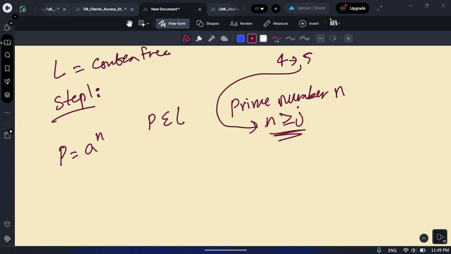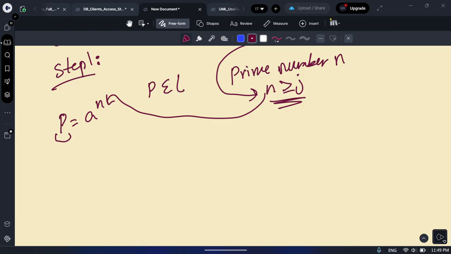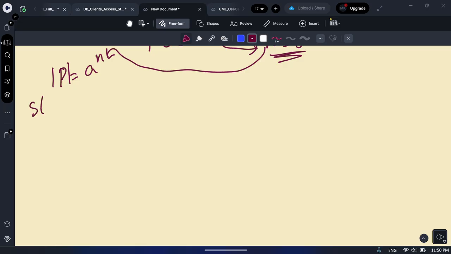Why? Because we put that n on this, and p is our new length. And just like we said, the length of p is bigger, this is true. It would be more accurate to say it like this. Now this is step 1. The step 2 is,